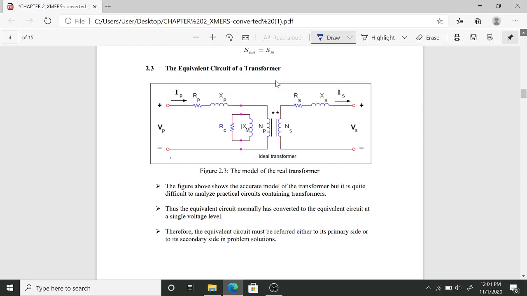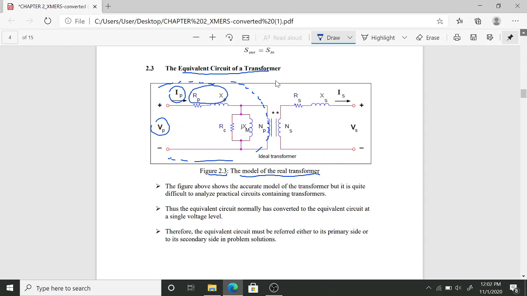Okay, so this part I will continue on the equivalent circuit of the transformer. From this figure 2.3, this is actually the real model of the transformer. What we have here, this side is the primary side of the transformer. We have the primary voltage, primary current, equivalent